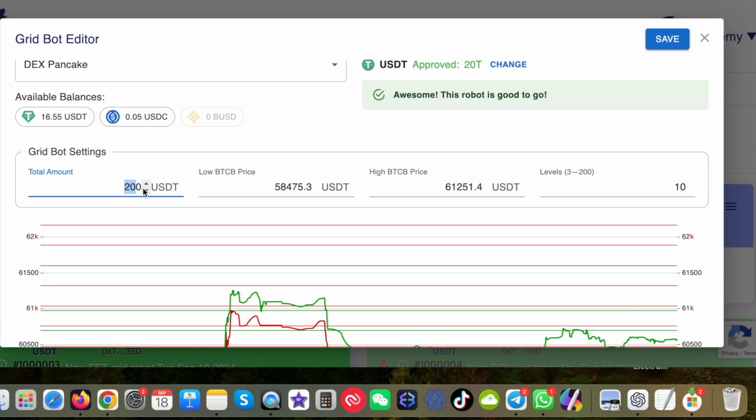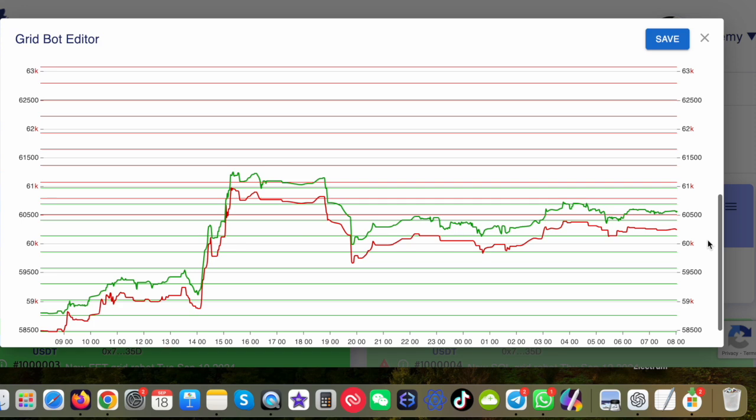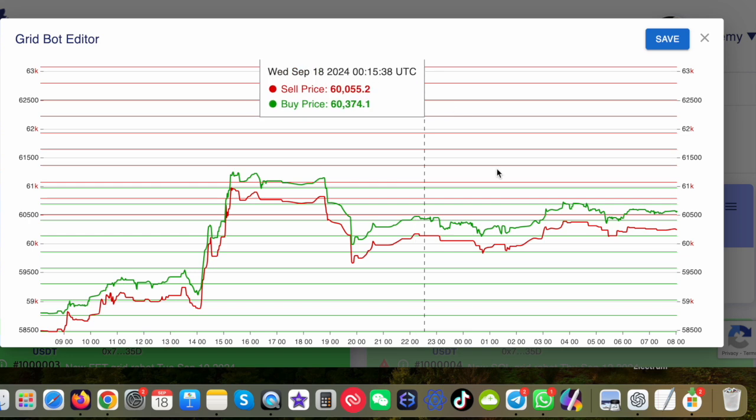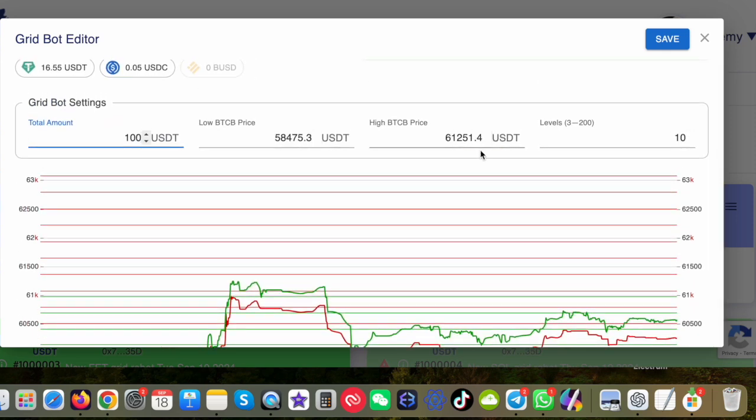So if I put this into 100 and I say 10 grids, if we look down the bottom here, you could see these red lines up here are outside the grid. Okay, so you could see that these are the buys down here. And depending on the price range, it will divide the amount of grids based on the price range that you've chosen. So obviously, the tighter the price range, the closer your grids will be. The wider apart the price changes are from the low to the high, the further apart your grids will be